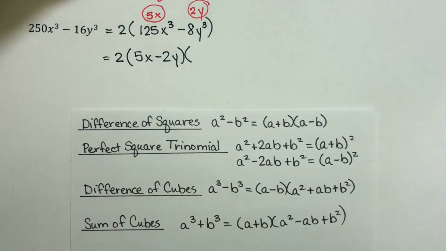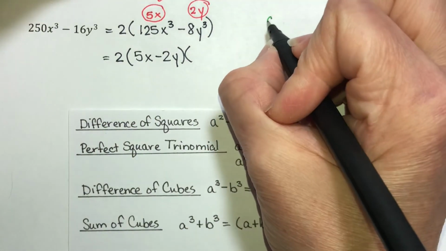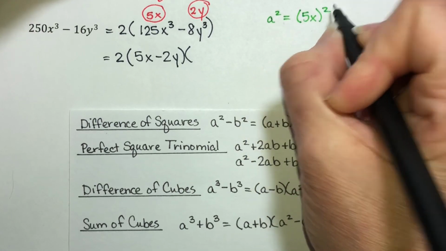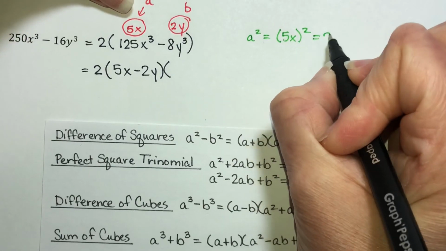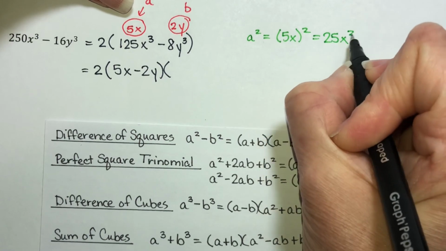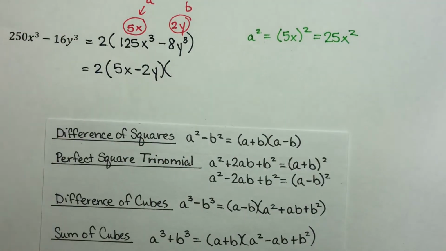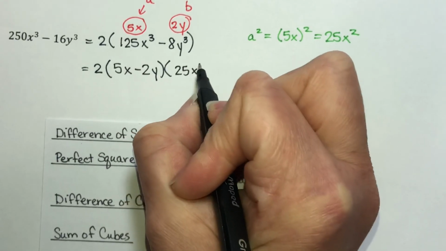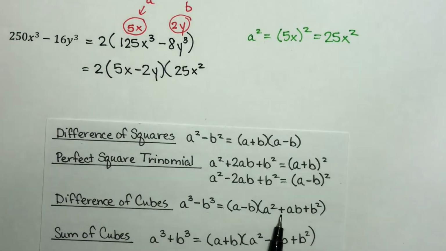Well, a squared is going to be 5x squared, which is 25x squared, because you square each piece. So 25x squared plus,